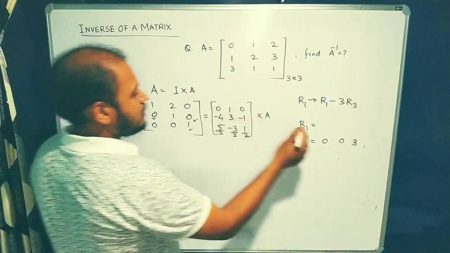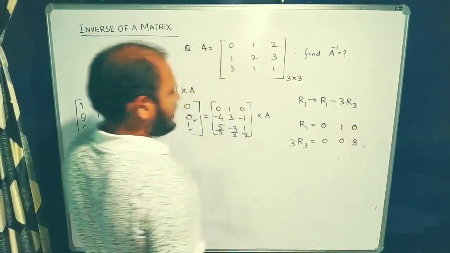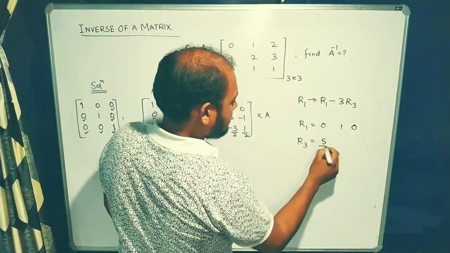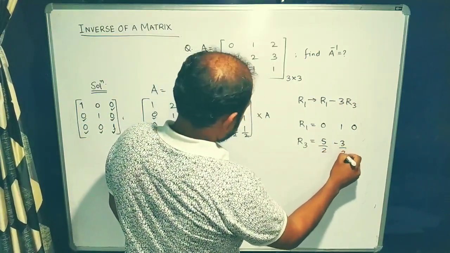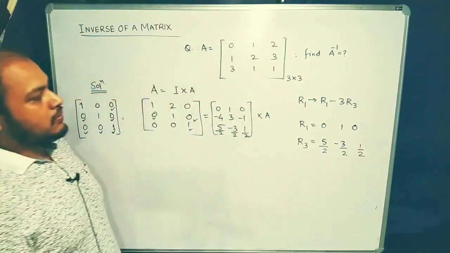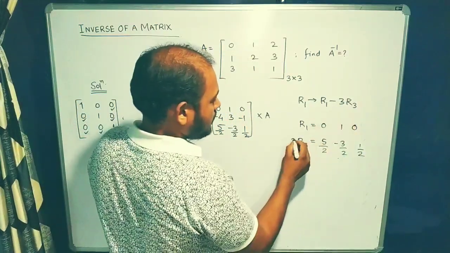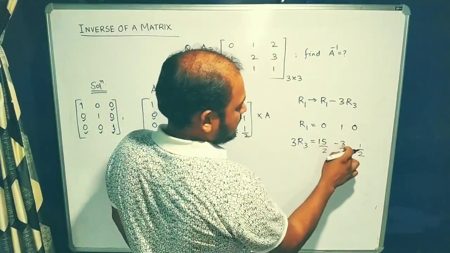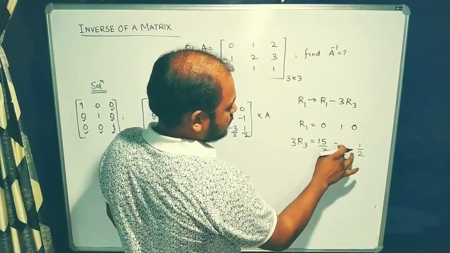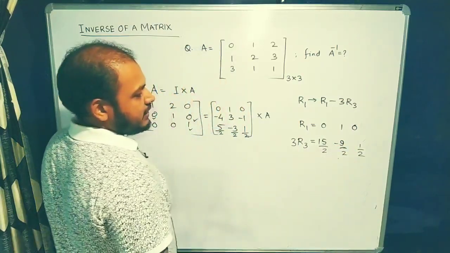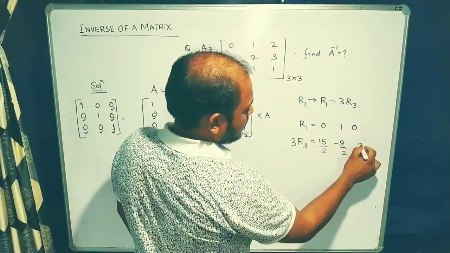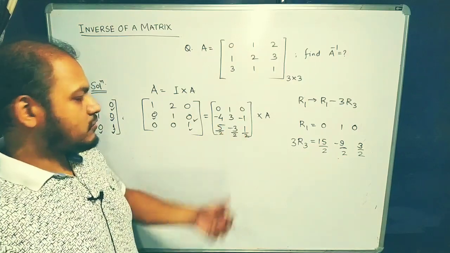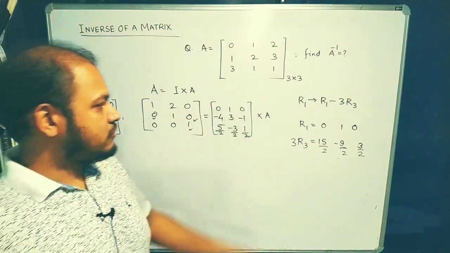We have R1 equal to 0, 1, 0. And we have R3 equal to 5 by 2, minus 3 by 2 and then 1 by 2. So 3 times the third row is equal to 5 3s are 15, 15 by 2. 3 into minus 3 by 2 is minus 9 by 2, and 3 into half is equal to 3 by 2, right? So now the second and third rows remain the same, only the first row is changing, and that would be R1